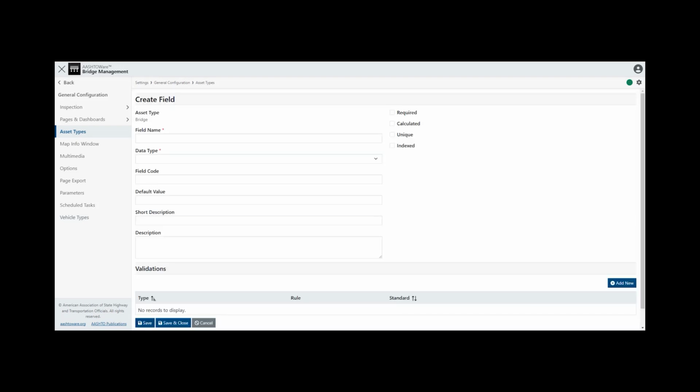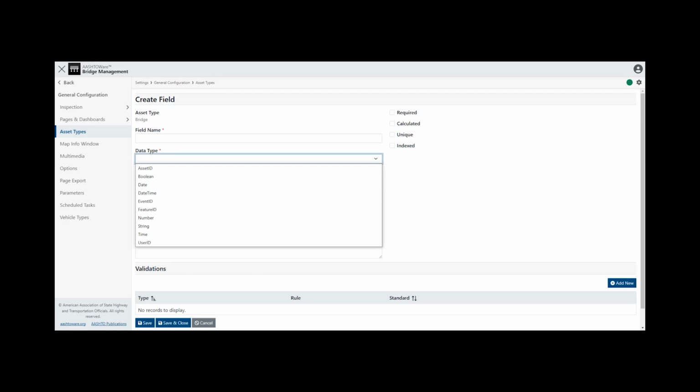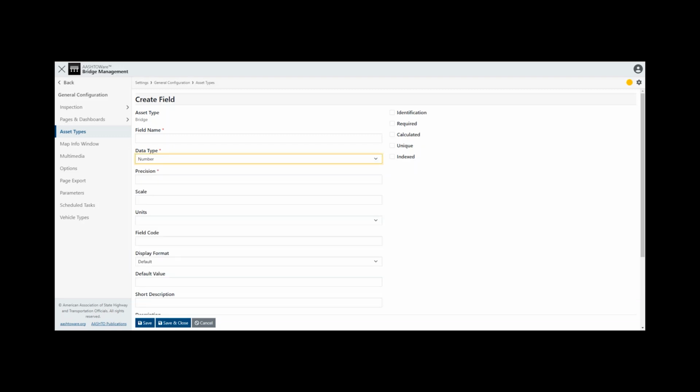The Data Type fields allow you to define the new database field's type, such as number, string, date, or time. You can also select types of asset ID, event ID, or user ID to indicate that the field is storing a GUID. Once a field type is selected, you can define the precision and scale, if applicable, for the field type. You can also provide a default value for the field, set the field as required, and/or set the field